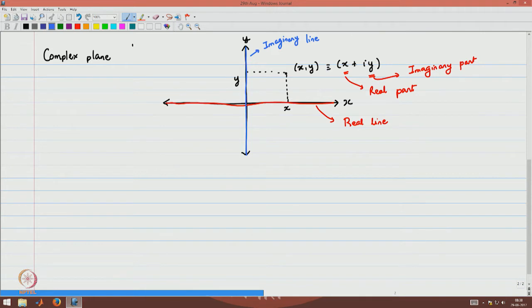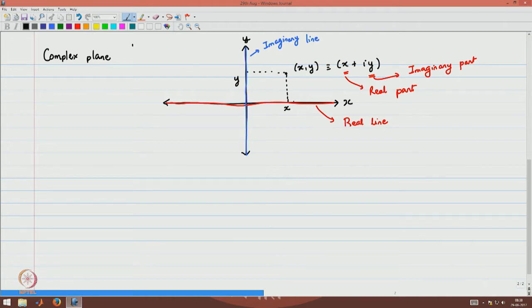So suppose your number is purely imaginary, it does not have any real part, that means x is equal to 0, then it will lie along this line. Similarly, if y equal to 0, it will lie along this line. But in general, if it has both the real and imaginary parts, it will lie somewhere else. And both the real and imaginary parts can be positive or negative. This point,